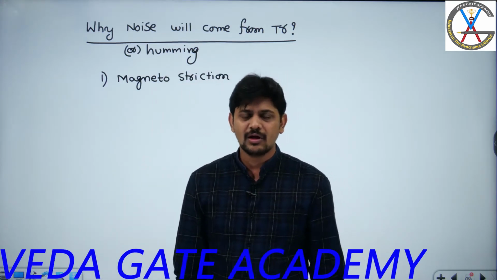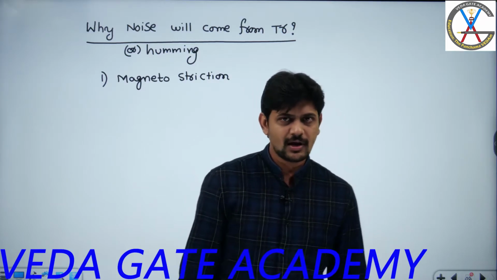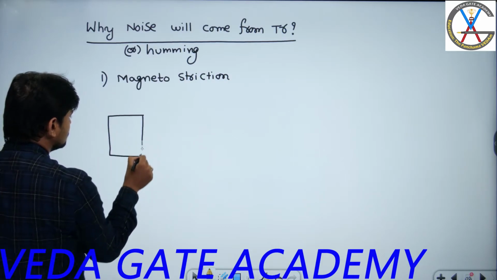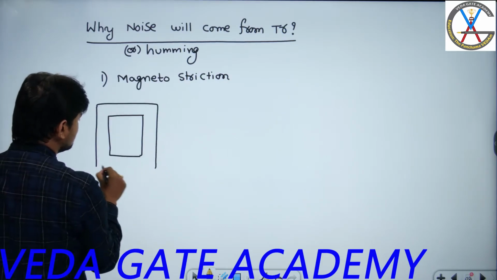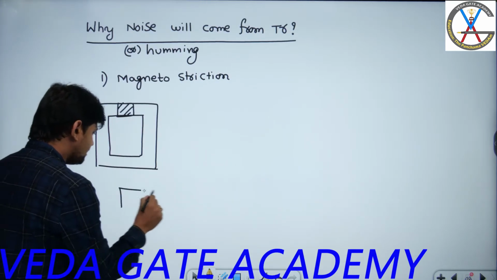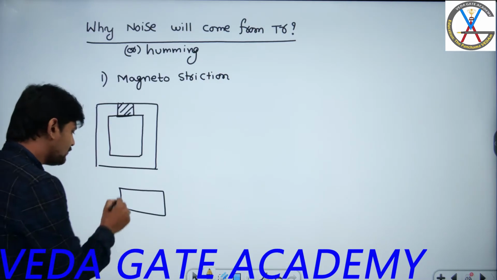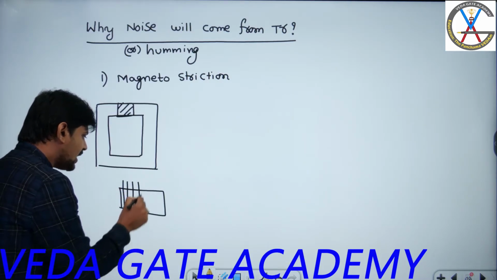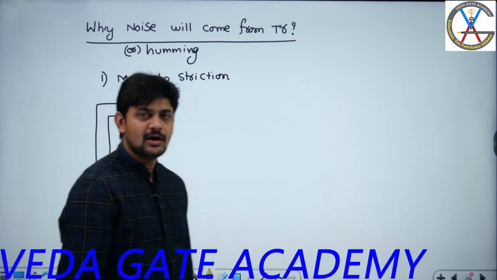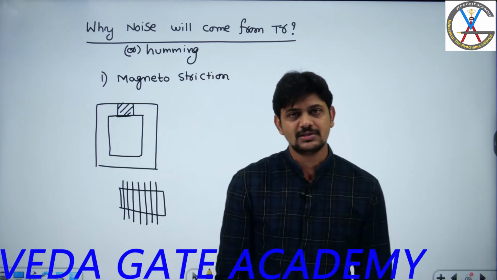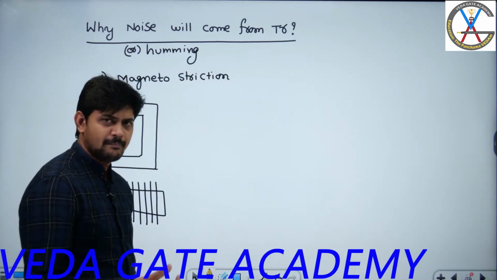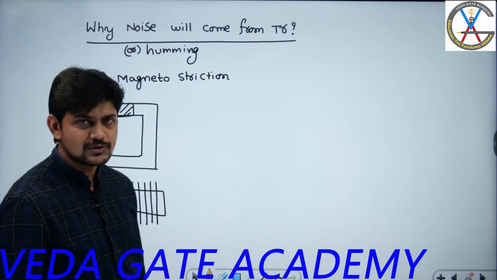Already we have seen how to draw the BH loop. Have you remembered that BH loop, right? So what we have done is we have taken a magnetic core and we consider a small portion of this magnetic core, and if you enlarge this small portion, this acts as a magnet. And if I cut this magnet into smallest pieces, again the smallest piece will also act as a magnet, and the smallest piece of a magnet which is capable of producing 1 unit of flux is called a dipole. Already we have seen this discussion, right? So the dipole is the smallest piece of a magnet which is used to produce 1 unit of flux.